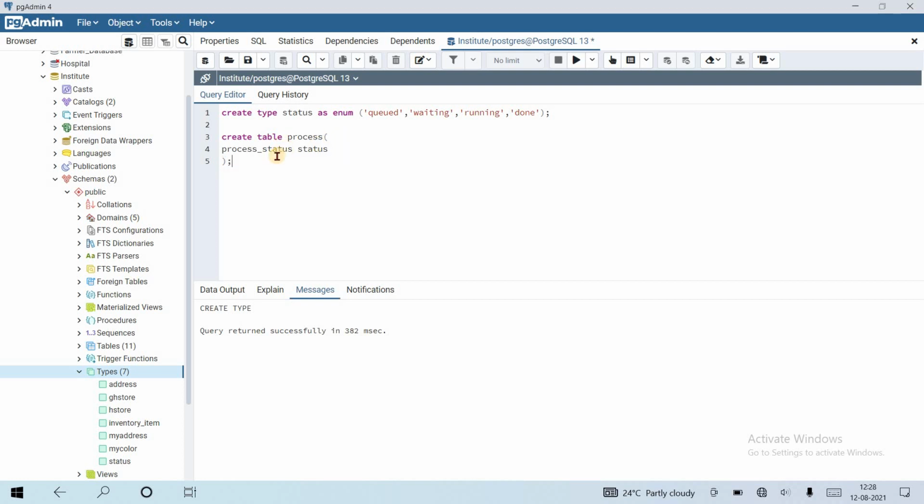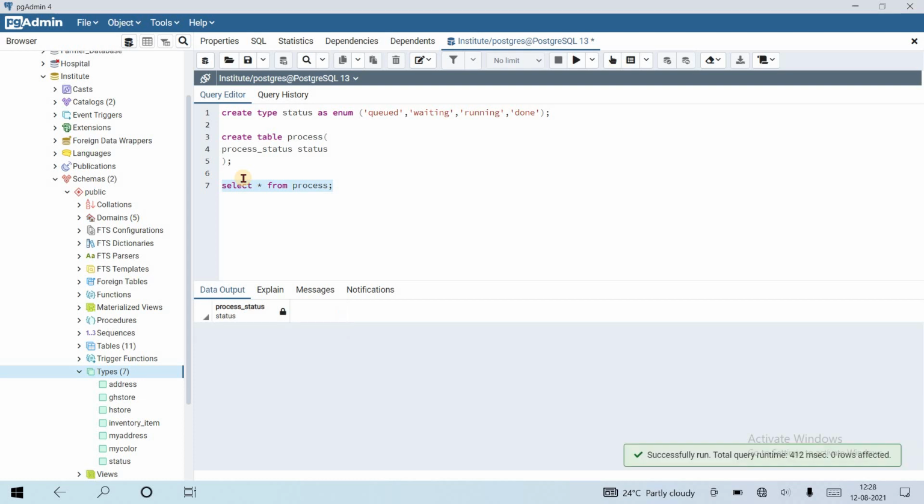Okay, let's create this table with only one column. Yes, the table is created. We can see the table with a select statement on process. Here you can see that the data type is status.